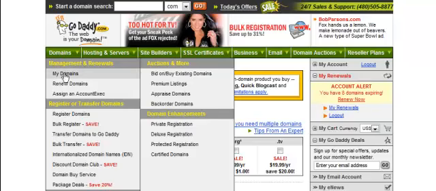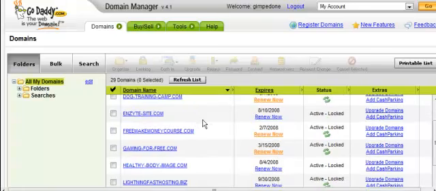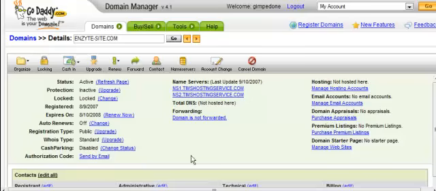So you go to My Domains, and a list will come up, and here's a list of domains here. So what you would do is go into the domain that you want to set the name servers for, just click on it. Depending on who you're using for a registrar, it could be slightly different, but this is GoDaddy's interface. So you just click there, and it brings up another screen,